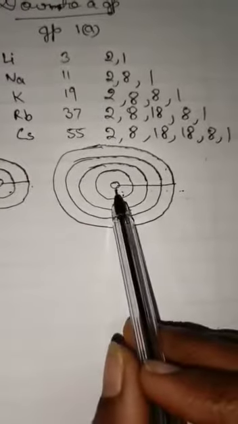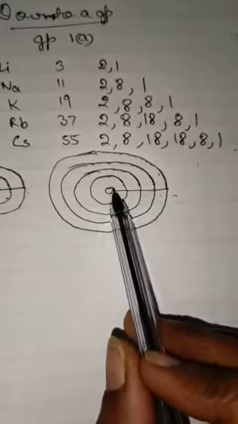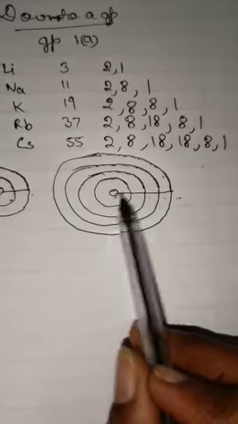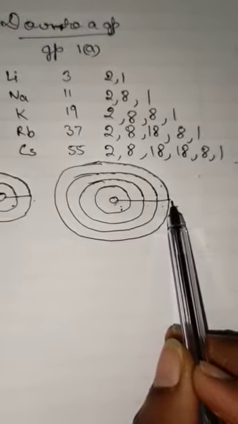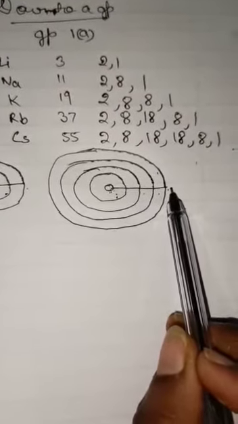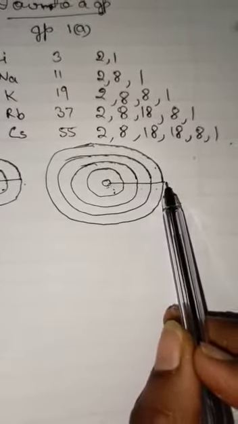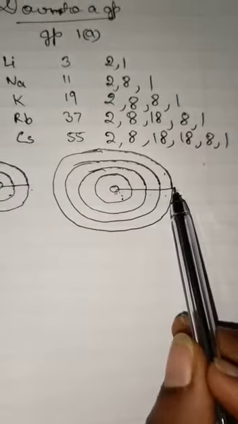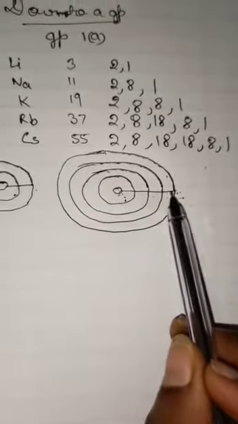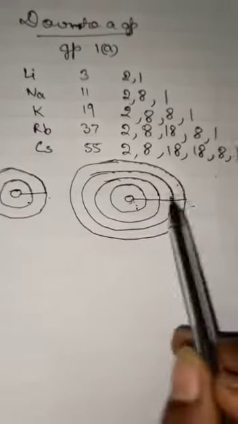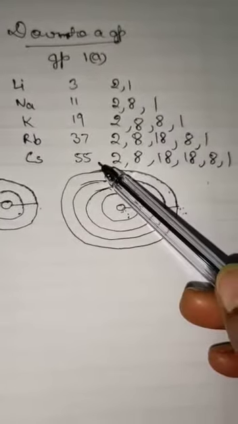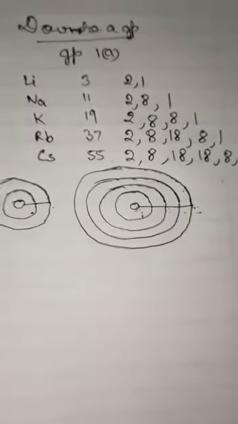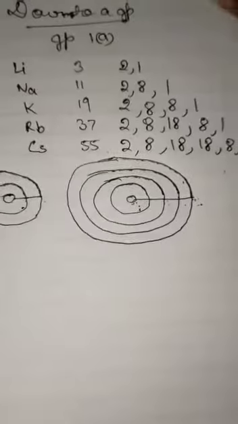Okay, it doesn't mean nuclear charge is not here. Nuclear charge is here, but the effect of nuclear charge on the outermost shell is not much felt due to the increase of this distance. Since the valence shell is now at a very long distance, the nuclear charge affects the outermost shell less, and that's why the atomic radius is going to increase. Okay, so when we are going from top to bottom, the atomic radius will increase and the effect of nuclear charge will decrease.